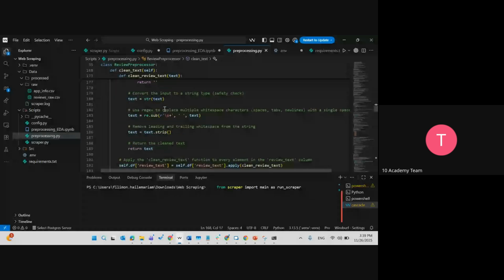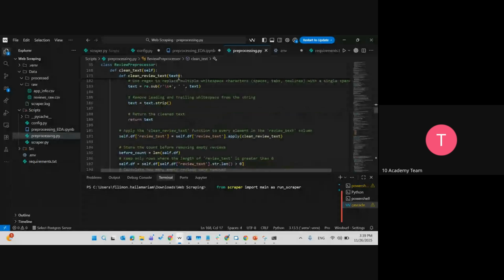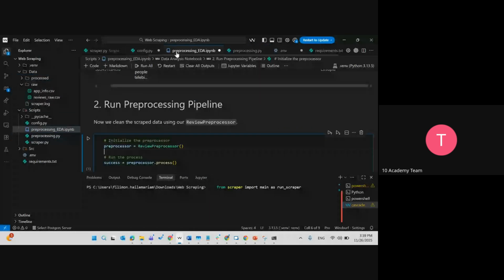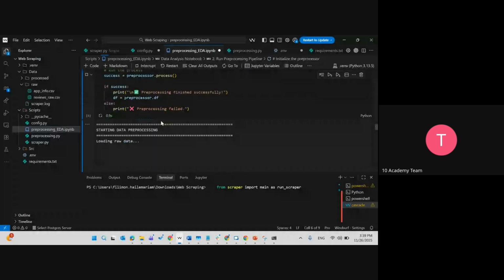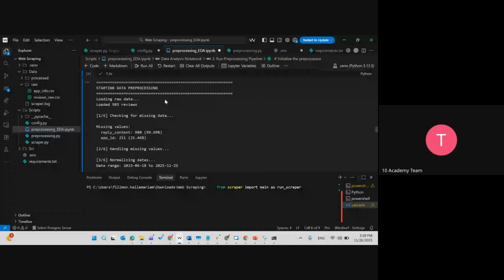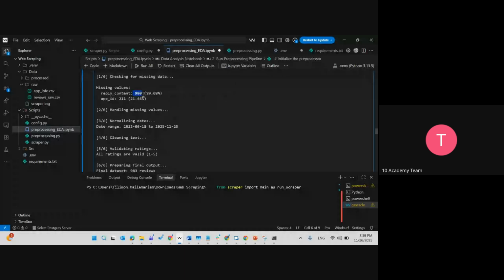So when we run this, let me show you. First, observe here, there is no data in the processed file, but when we run, it just calls the preprocessor file, nothing else. So when we run this, it starts data preprocessing, loads the data, loaded 983 reviews, since we had 983 reviews scraped. Then it checks the missing values,